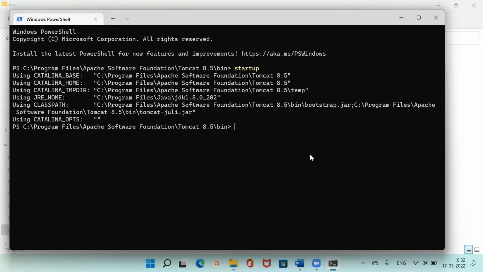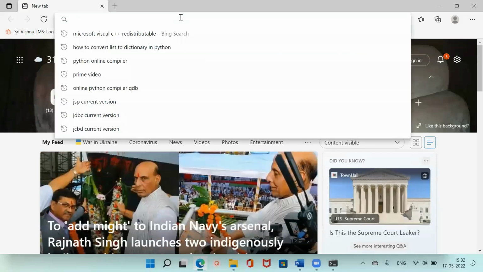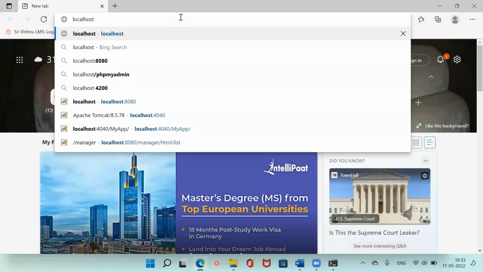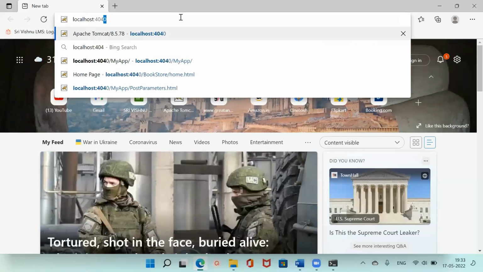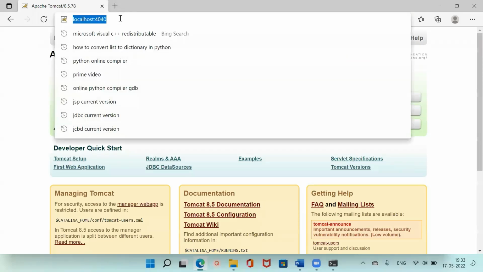To check whether Tomcat is working fine or not, go to the browser. So this is my browser. In here, I am typing localhost, and the port number is 4040, and hit the enter key. So Tomcat started. It is working fine for me. Now let us